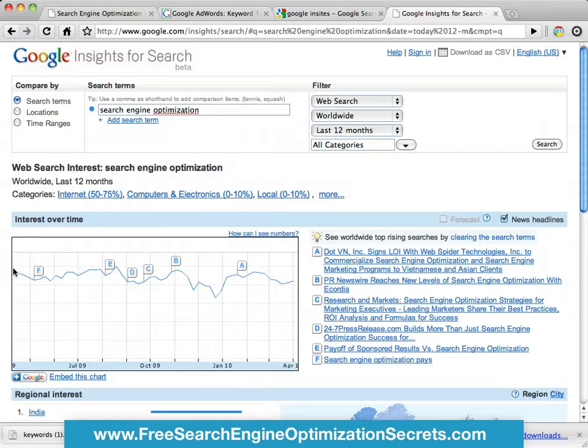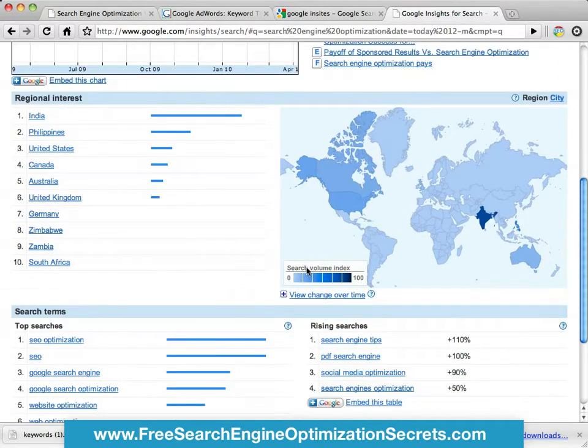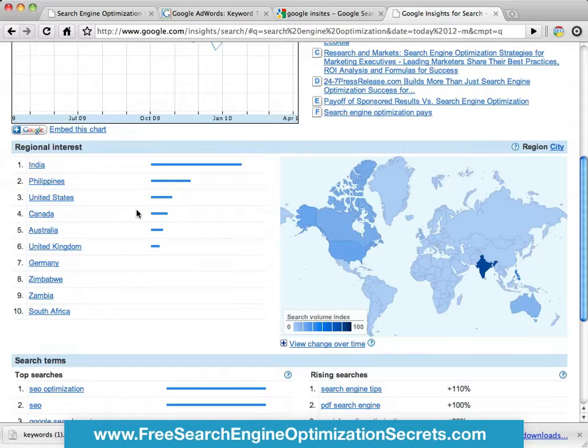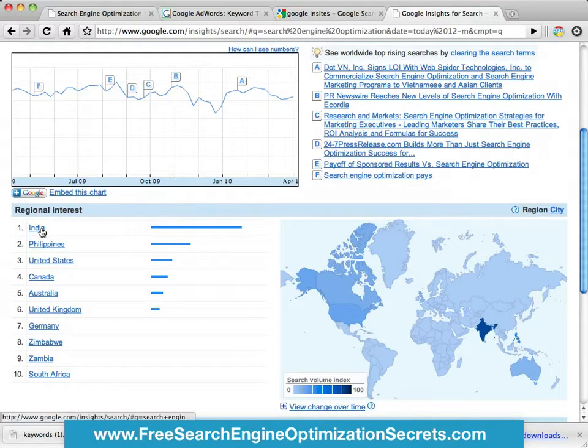As you can see here, this is the interest over time since last year. You can see it dips slightly. Now you can see there's a dip here in January and Christmas. I mean, that's perfectly normal in any business because people are packing up for the holidays and people haven't got money and they'd rather wait until January to pick back up. Right, if you scroll down, you can actually see the regional interest. It's a surprise, you've got India as number one.